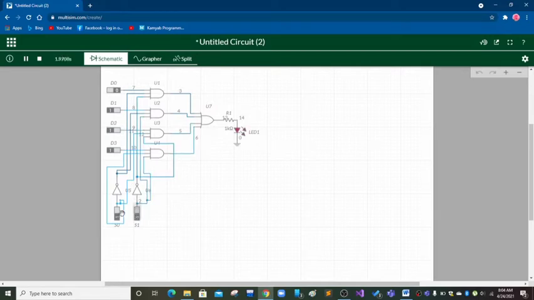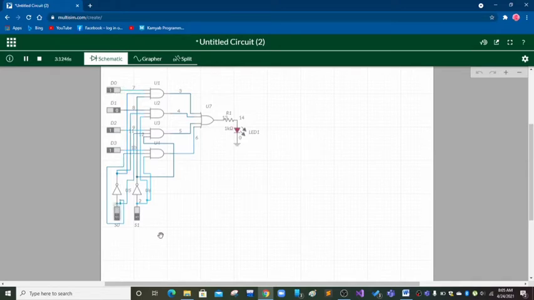And when the S1 is 1 and the S0 is 0, the D1 is working. When it is 1, we get 1 at our output, and the LED is blown up. And when it is 0, we get 0 at our output. And others can't make any changes to the LED. The output is not depending on the others input.